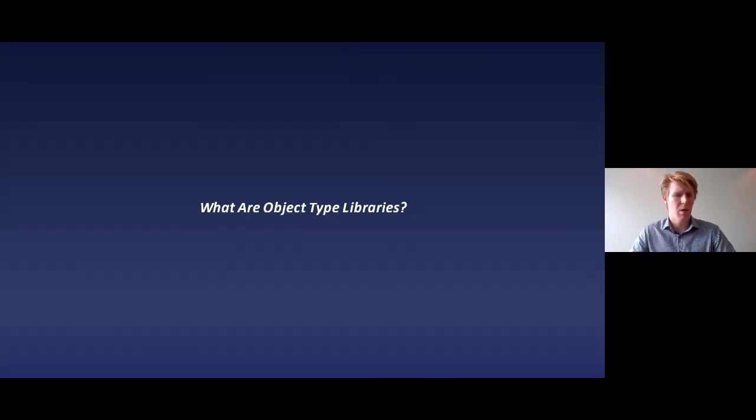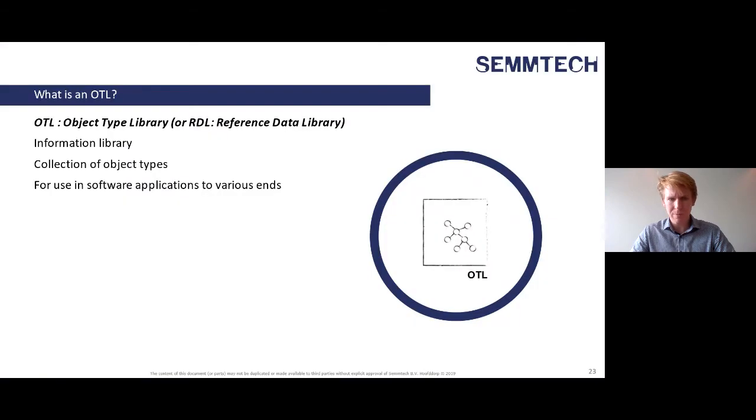So then what are object type libraries? Well, in short, an object type library, often shortened as an OTL, is also something as a reference data library. It's an information library. It's a publication where you can store your standardized set of information in this particular setting of your so-called object types. And you can use this information in different software applications to ensure that if we've defined something, in other words, we've standardized something as being of a particular type of information in a particular